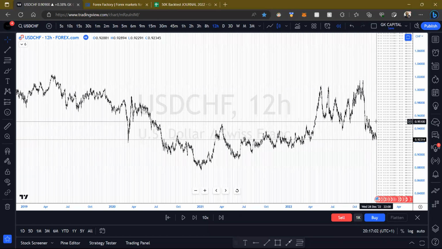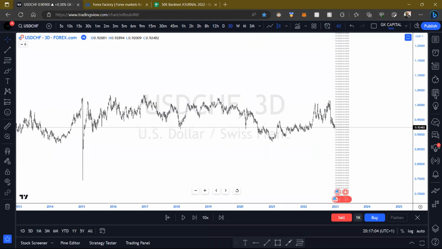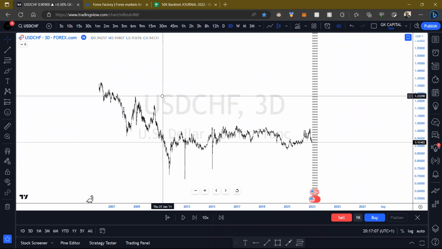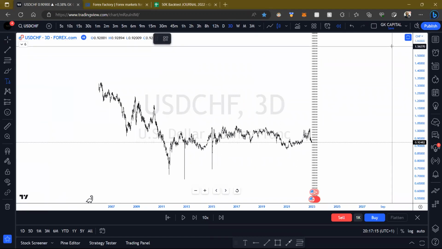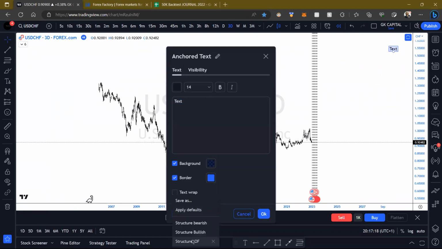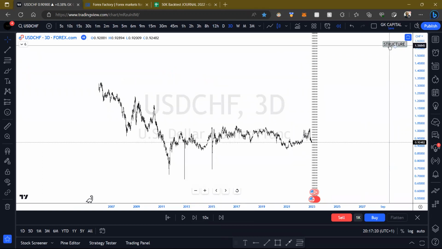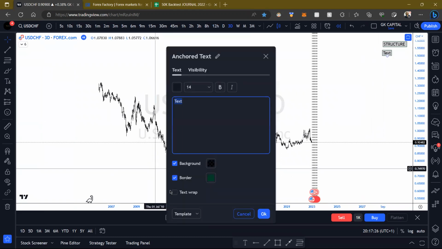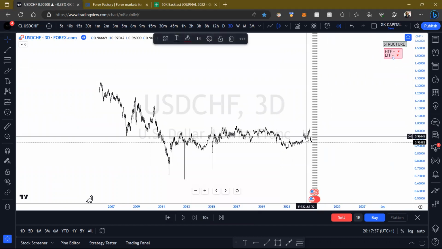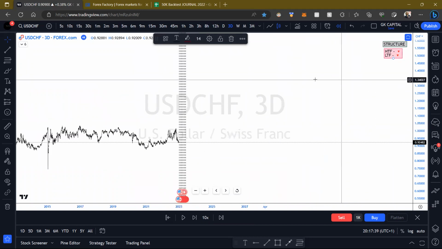All right, so this is where we were last year. First things first, let's do our top down. There's no two ways about this. Top down, we're pretty much high time frame bearish. So let me put that down. High time frame bearish. The lower time frame, I can see we're bearish, so I'm going to leave that the same.